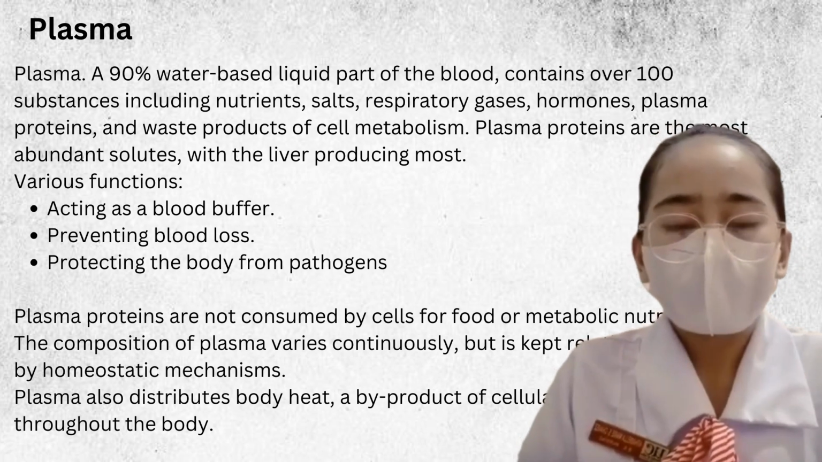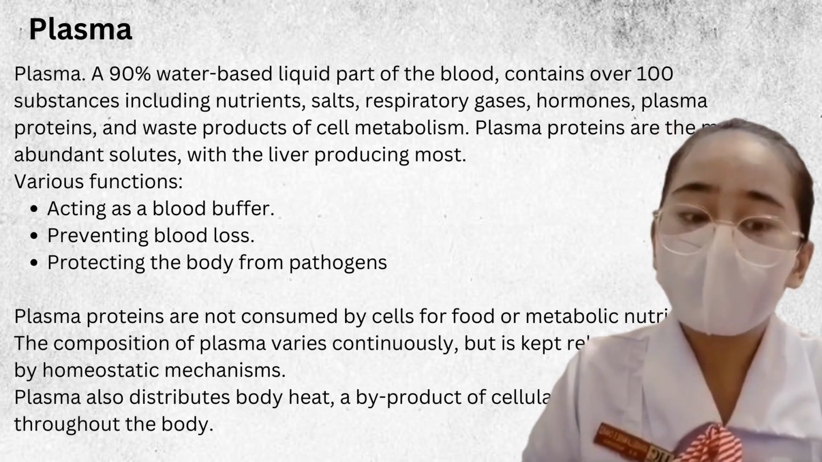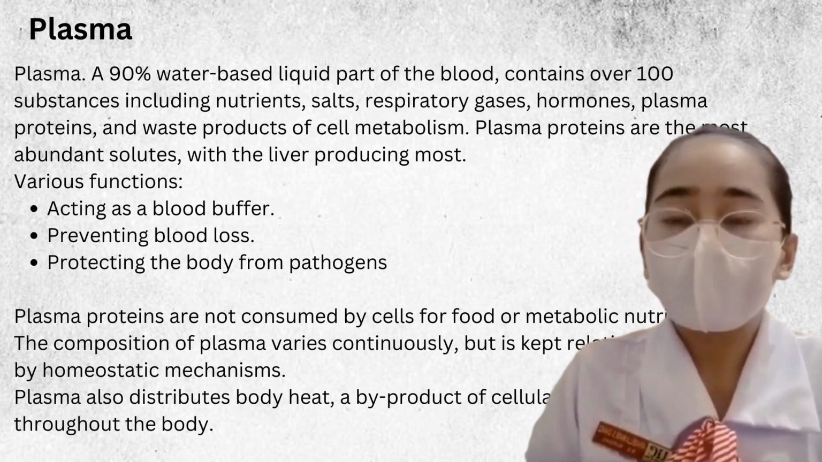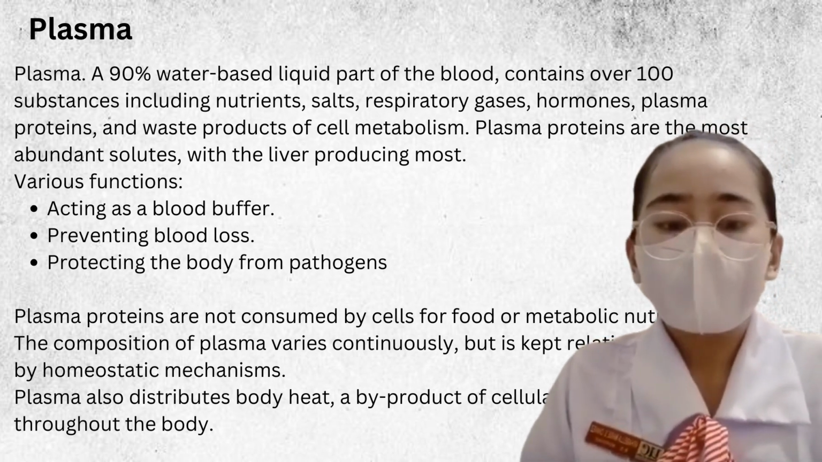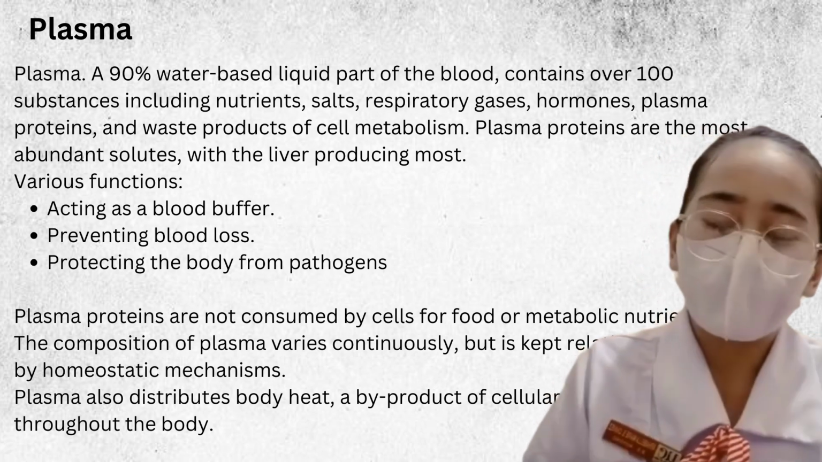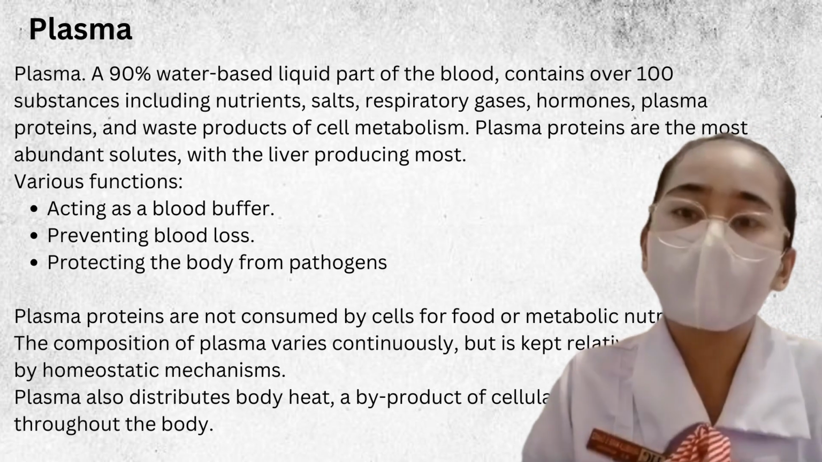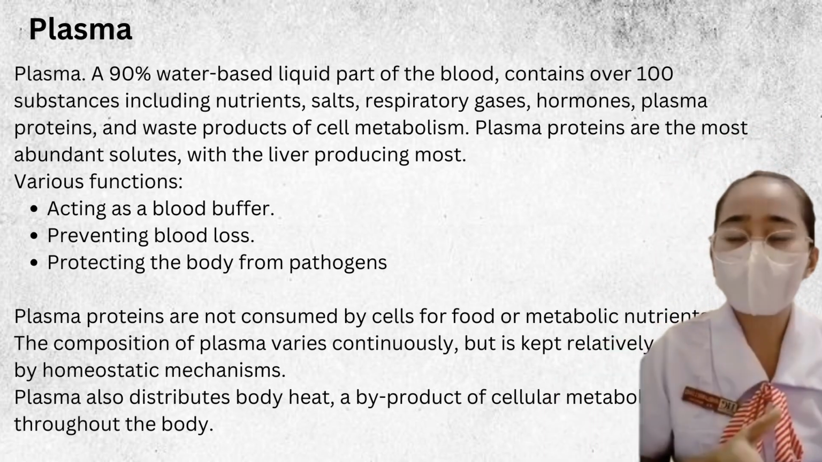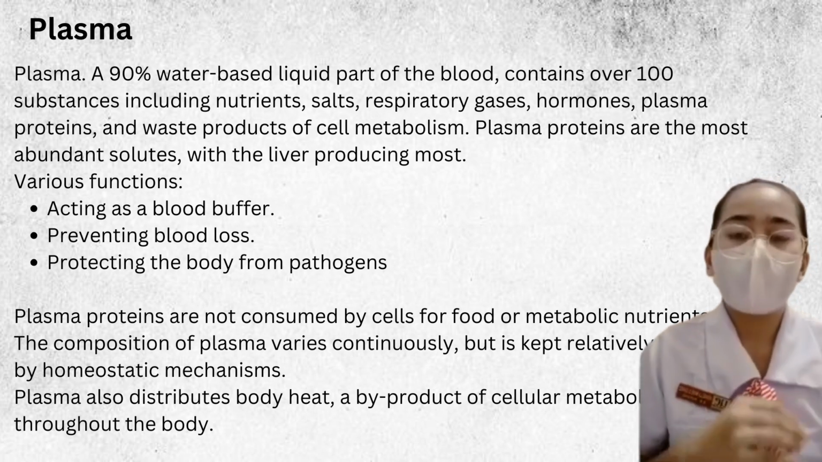And the second one is waste products of metabolism. And the respiratory gases. The last one is the hormones. Steroids and thyroid hormone are carried by the plasma proteins. So, the first of the various functions of plasma in our body